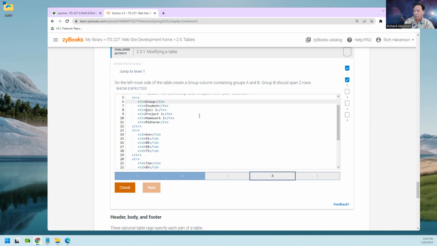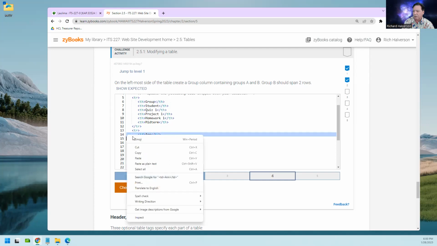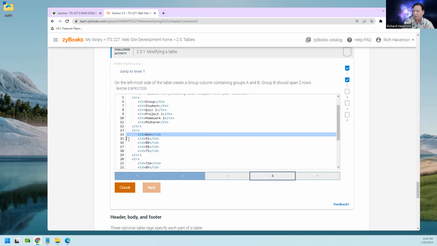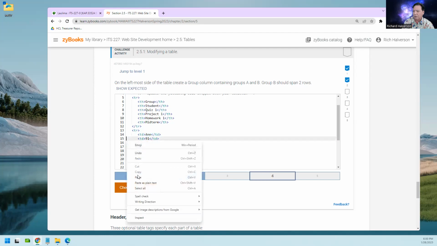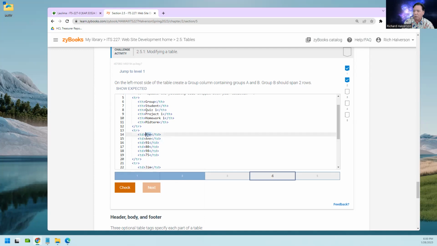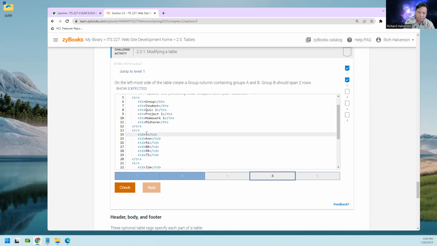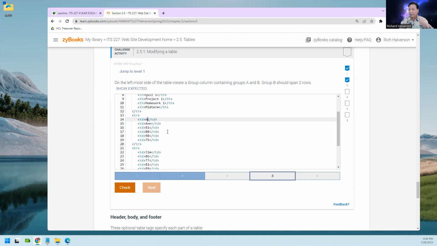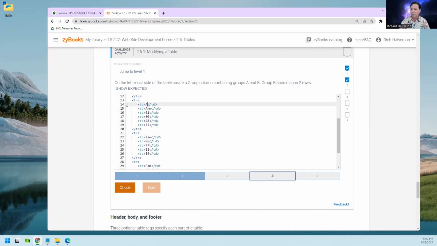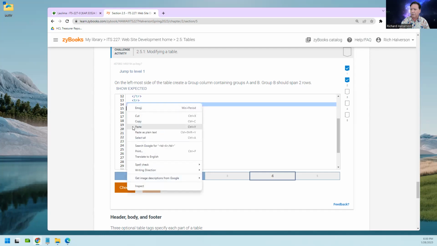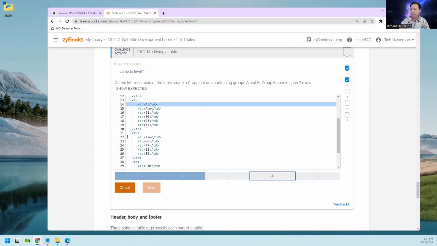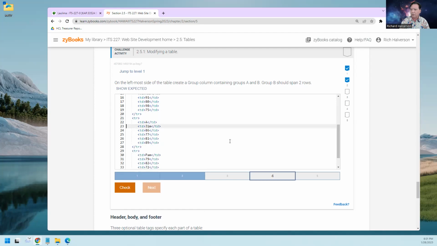And then I'm going to add another one here. And instead of Anne, it's going to be copy, paste. It's group one, right? No, group A, and then group A. It's group A. And then I'm going to add another cell, copy this, and I'm going to put it here. And this is group B. Paste. But group B